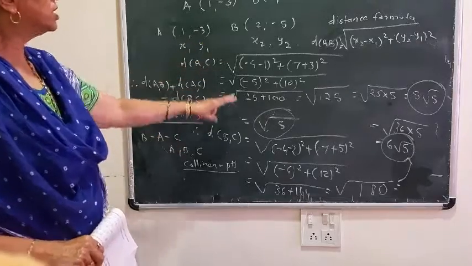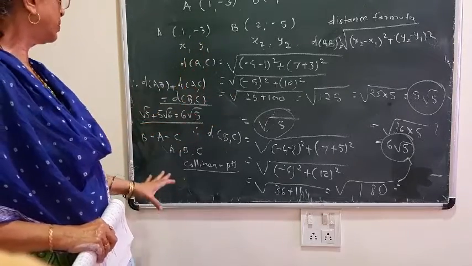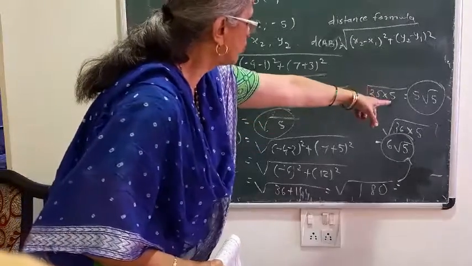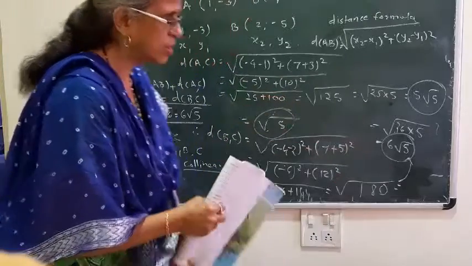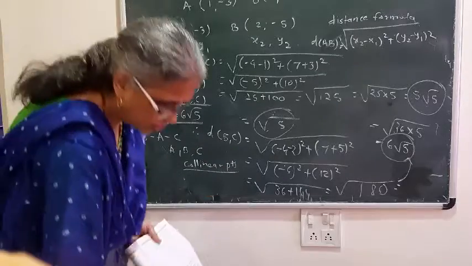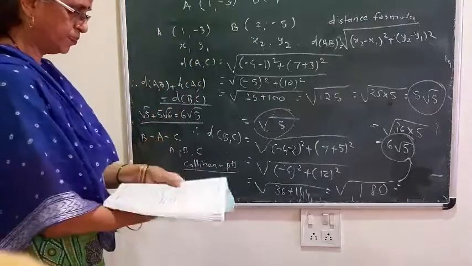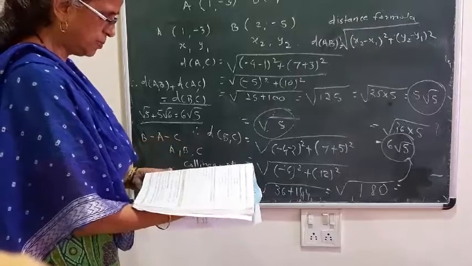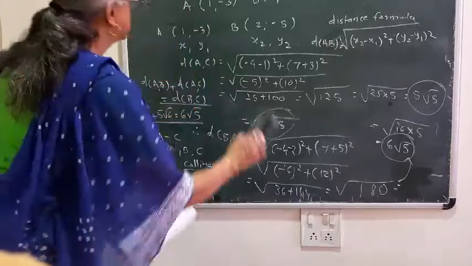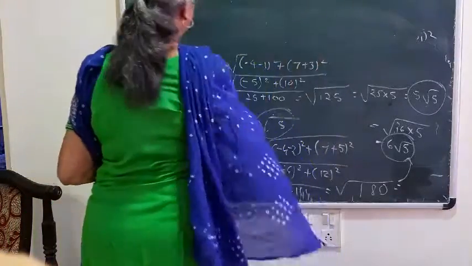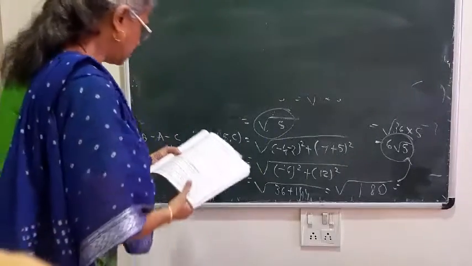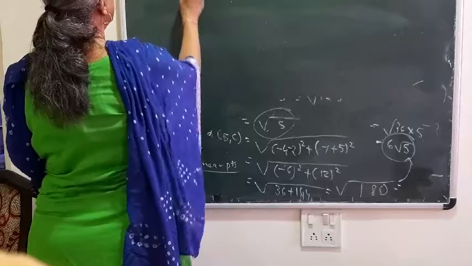So you have to find 3 distances. 3 times you have to use the distance formula, and then the 2 smaller distances I have added, root 5 and 5 root 5, and I got 6 root 5. Therefore my answer is the 3 points are collinear. Then I will show one more sum of this type, that is sum number 3. Second and fourth you do as homework. I will write the sum. Third sum, R they have given (0, 3).